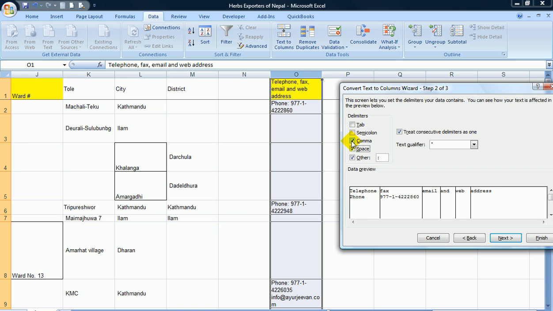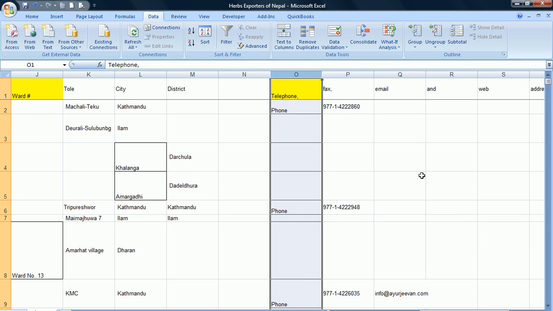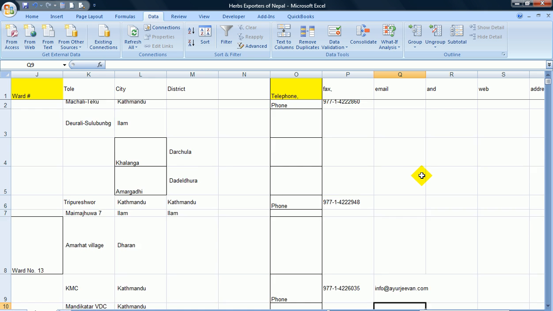Forget the comma. What does that do? Okay. Don't see any comma. Let's scroll down. Okay, let's do without the comma, because I don't see any comma. So do next, and then finish. Okay, now it's been broken down into,